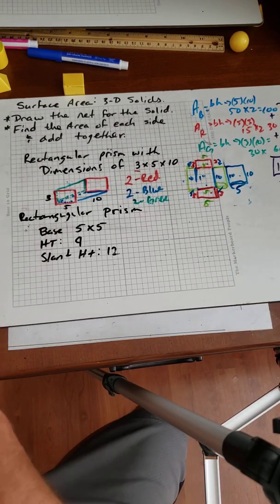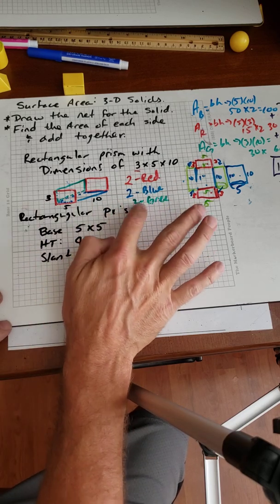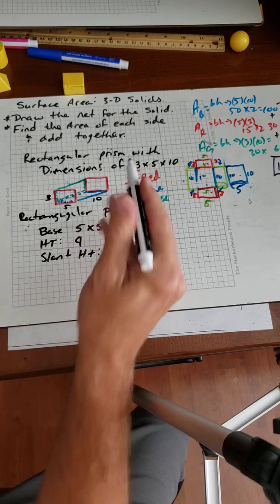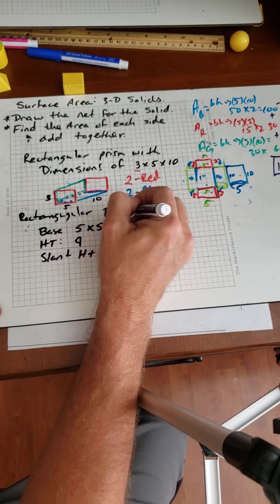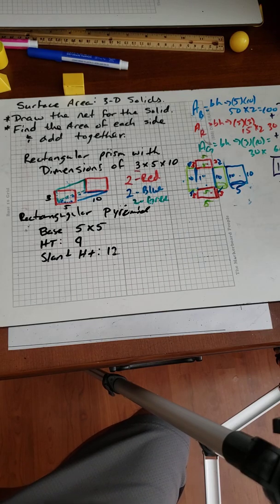Now let's take a look at the rectangular pyramid. I said prism, it should be pyramid. Sorry. We just did the prism. Okay, so the rectangular pyramid. And it says I have a